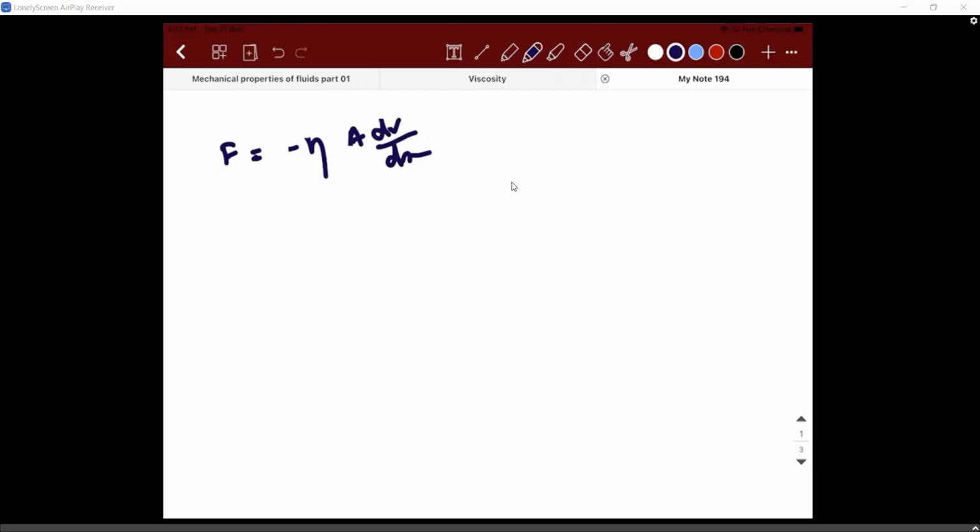So force is dependent on certain parameters. What is it? Neta, because it is depending on the nature of the liquid. Based on that only the viscous force will come into picture. Second, area of contact. Third, the velocity gradient. Right. Now, I am interested to calculate what? I am interested to define which parameter? Coefficient of viscosity. So I will try to define the coefficient of viscosity in terms of force.